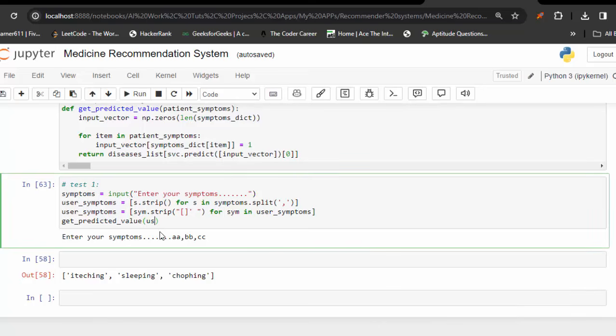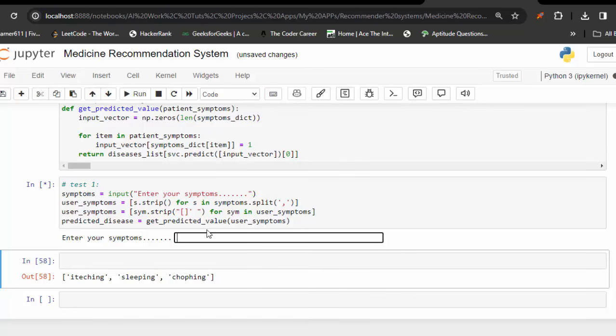अच्छा, अब मैंने क्या करना था user symptoms अब मैंने पास किए। अब होगा क्या कि जब मैं इस सेल को रन करूंगा तो यूज़र से इनपुट लेगा, ये सारा चीज़ें होने के बाद अब ये फाइनल जो यूज़र सिम्टम्स है ये जाएंगे इस फंक्शन के बाद और पलट के ये मुझे कोई डिजीज़ बताएगा और वो डिजीज़ मैं यहाँ पे गेट करता हूँ, जिसको मैं नाम देता हूँ प्रिडिक्टेड डिजीज़, ठीक है।